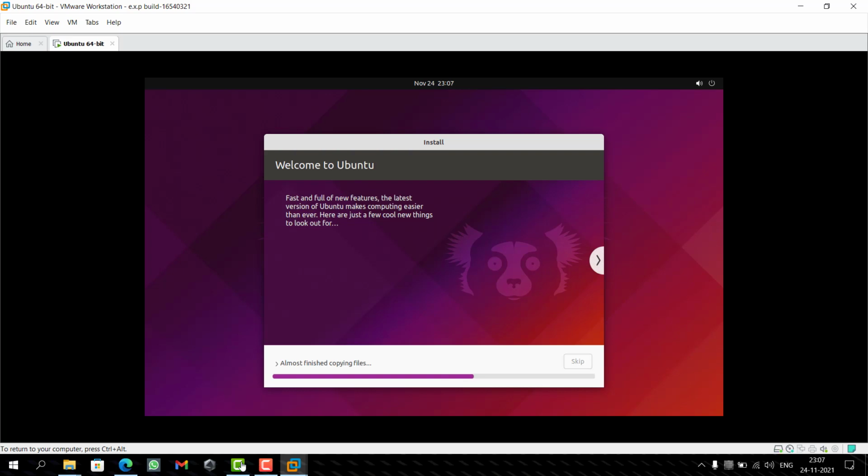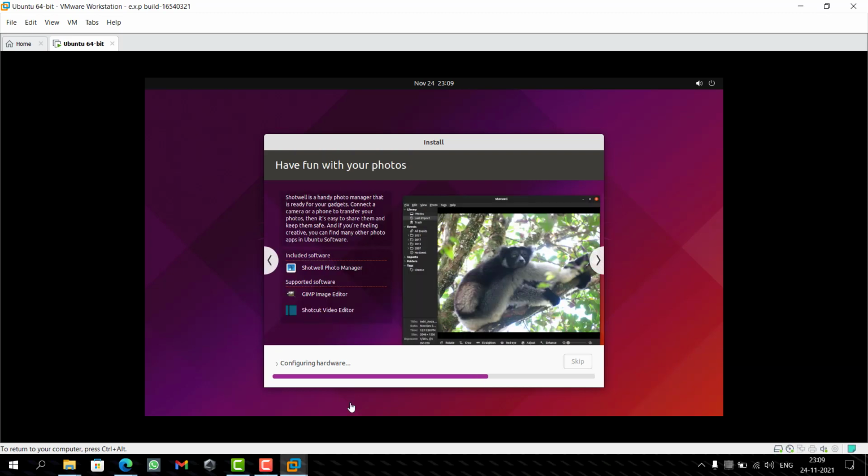I will fast forward through it. You could see the message down here that it's right now configuring the hardware. Right now it's installing grub, updating grub. So this is almost the end of the installation. If you're getting that message, you could know that your installation is done. Now waiting just a little more time, and I will restart it, and most probably we will be done with this